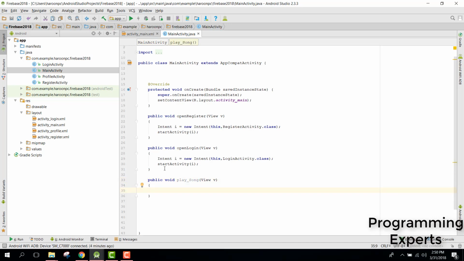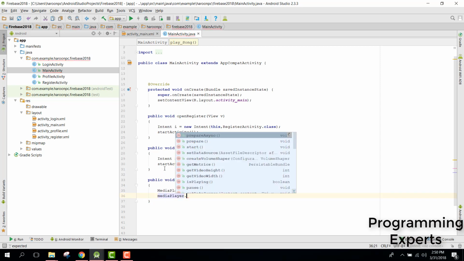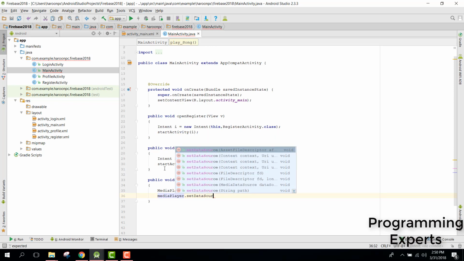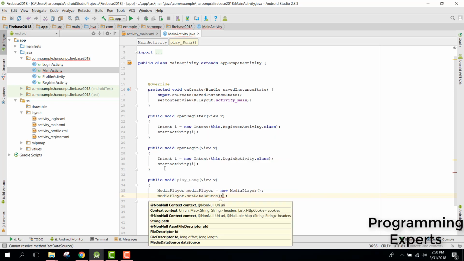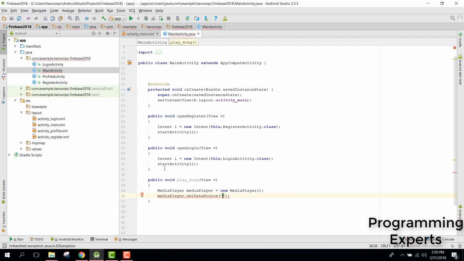Alright, so first of all what you will need is a MediaPlayer class. So we can say MediaPlayer mediaPlayer equals new MediaPlayer. Alright, and then we need to set the data source. So we can say mediaPlayer.setDataSource, and we can set the link of our song inside that. Alright, and it is saying unhandled exception, so we need to use the try catch block,